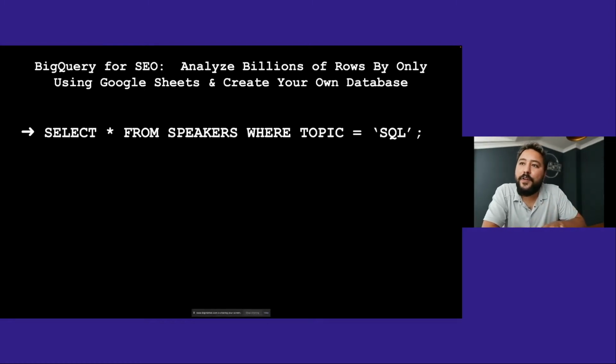So today I'm going to talk about how we can use BigQuery for search engine optimization. Especially, we work together with many agencies and also large enterprises. We need to use non-Excel solutions to use the data efficiently. That's why we have to use SQL. That's why today I want to make things more simplified for you and go through how we can use SQL